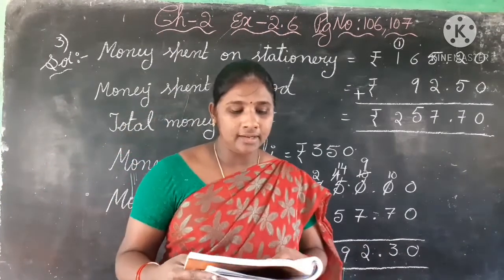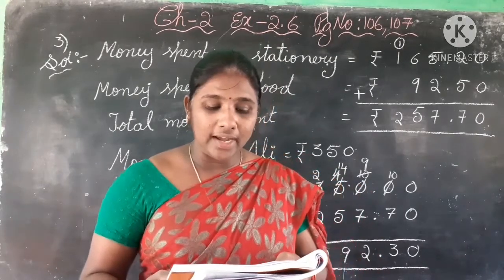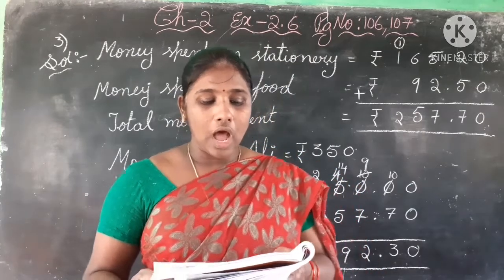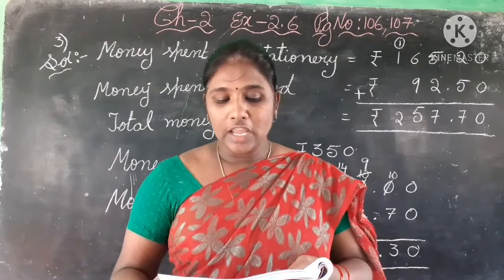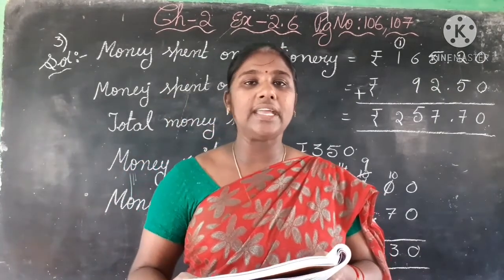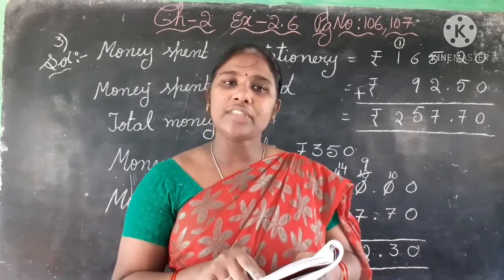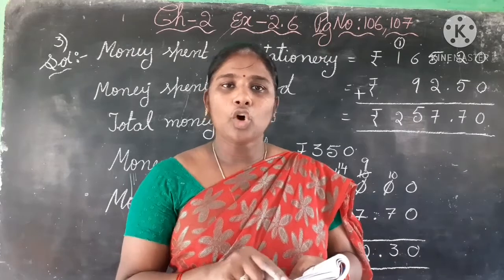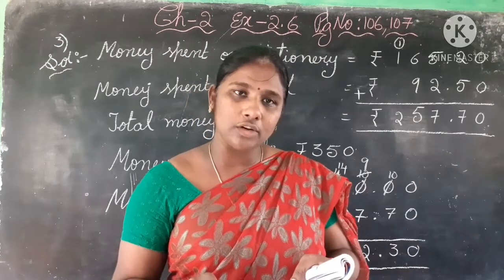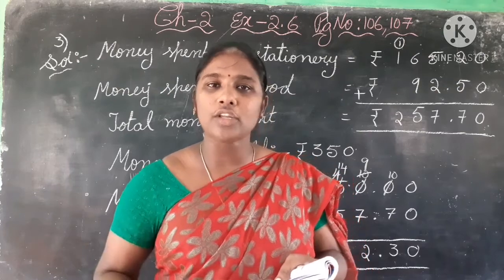Next, fourth question. Mayanak bought a shirt for rupees 240.95 and a pant for rupees 310.50. How much money did he spend in all? If he gave the shopkeeper a 2000 rupee note, how much money did he get back? Same here also. Cost of the shirt, cost of the pant. Total cost. Next, how much money he is having? He gave to the shopkeeper 2000 rupees. How much money he will get back means add those two and subtract from 2000, you will get the answer.